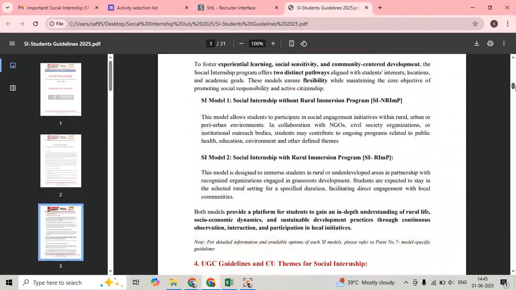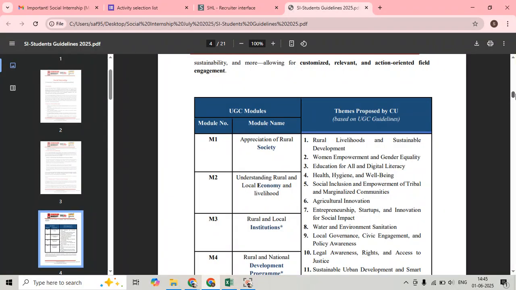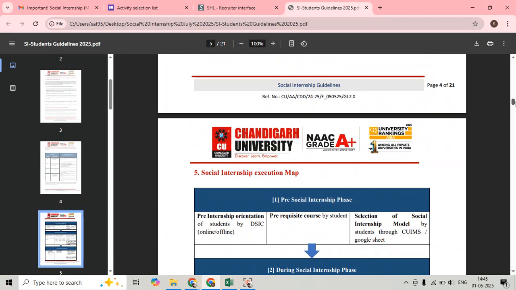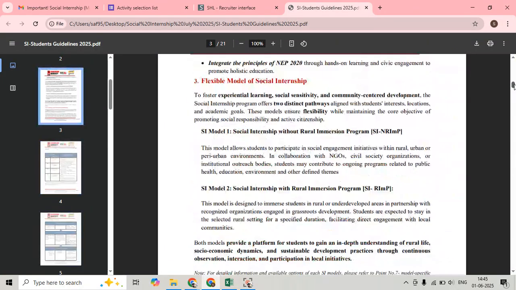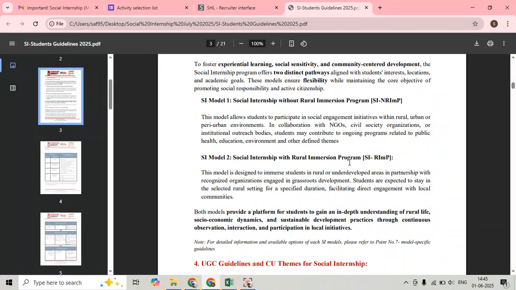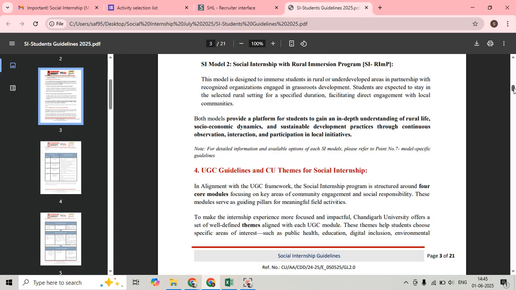The first model that you have is the non-rural immersion model, and the second one is the rural immersion model. The non-rural immersion model, as you have seen in the mails, is a 3+1 model, which means 3 weeks you have to do the activities, and each day you will do a separate activity from the main activity. And RIMP means you have to do the activity for 2 weeks only, but it will be of more length or more time period. For example,